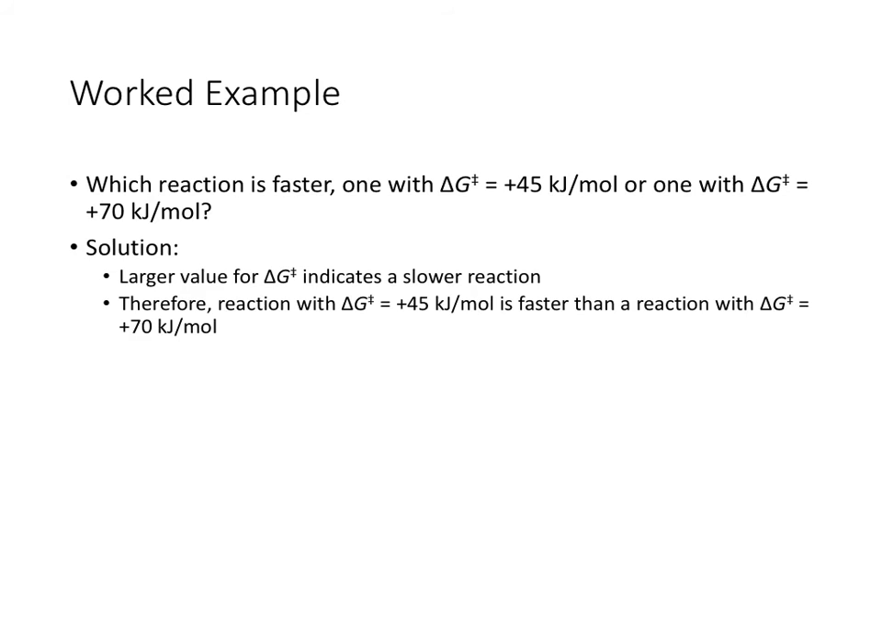So the activation energy will also give you a sense of how quickly the reaction will take place. The greater the activation energy, the higher that hill, the slower the reaction. The smaller the activation energy, the smaller that hill, the faster the reaction. Which reaction is faster? One with an activation energy of 45 kilojoules per mole, or one with an activation energy of 70 kilojoules per mole? Well, the one with 45 kilojoules per mole is faster because that's a smaller value, a smaller hill to climb